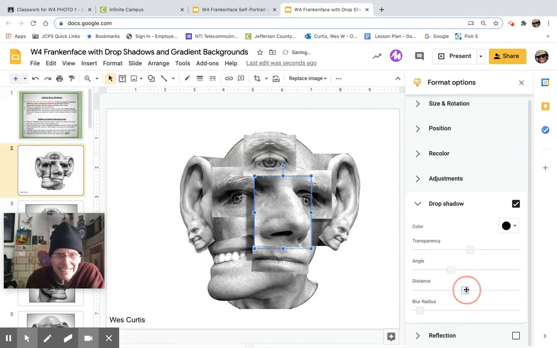The distance is easy to overdo, and sometimes it looks a little cheesy if you go too far. I like to set it at about a quarter of an inch. It'll be in the mid-20s. But again,